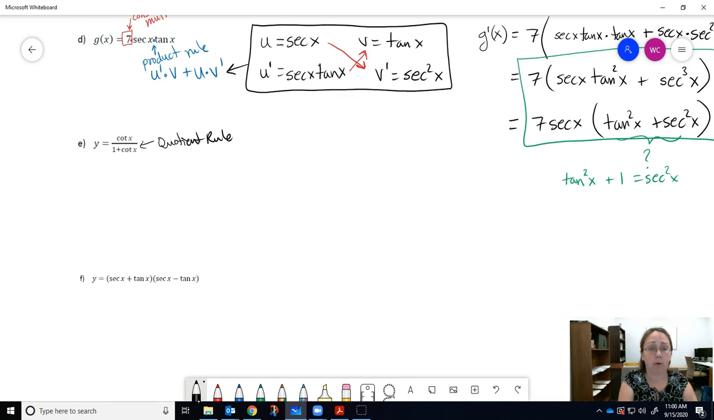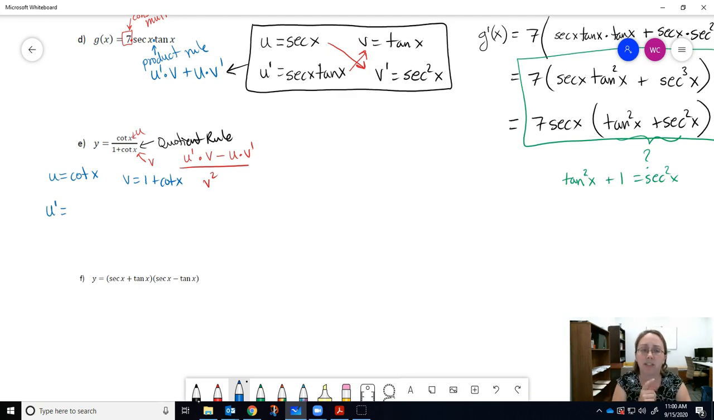Quotient rule, how does that work? Well, we're going to call the top U, and we're going to call the bottom V. The quotient rule is going to be the derivative of the top times the bottom minus the top times the derivative of the bottom all over the bottom squared. So let's write down all of our pieces. So if U is cotangent of x and V is 1 plus cotangent of x,